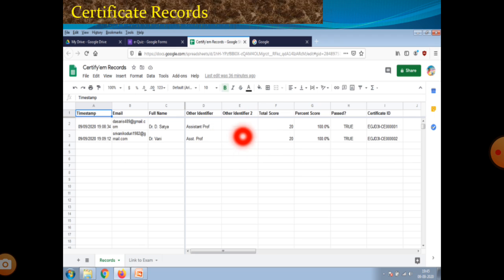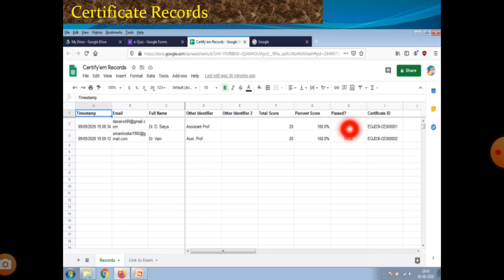If these are in our form, compulsorily it is inserted in the other identifier automatically. We cannot do anything for the certificate records. Whenever the quiz form is submitted to the exam convener, it definitely shows in the certificate records. This is a total score, out of 20 marks, and percentage score 100. Passed, true. Certificate ID, we can give the certificate ID also in the certify add-on only.